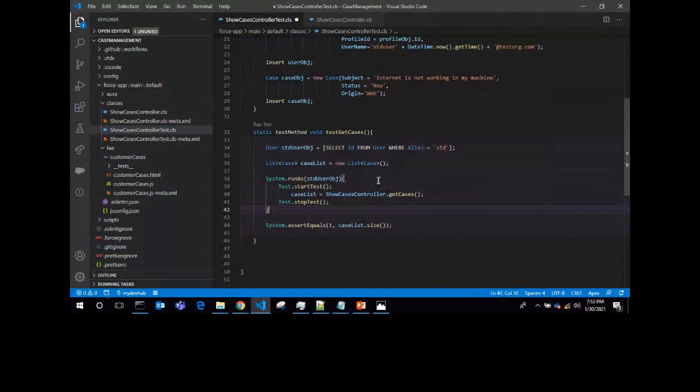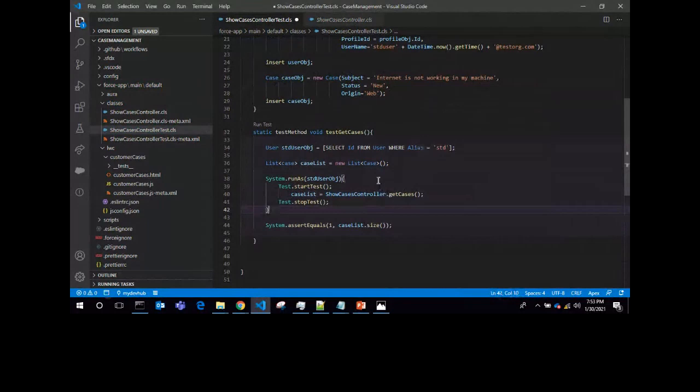Let's deploy the org. It will take a couple of minutes. Okay, so it's deployed successfully in my org.